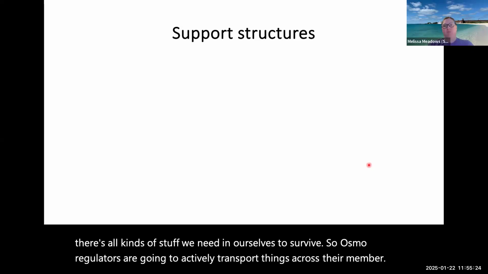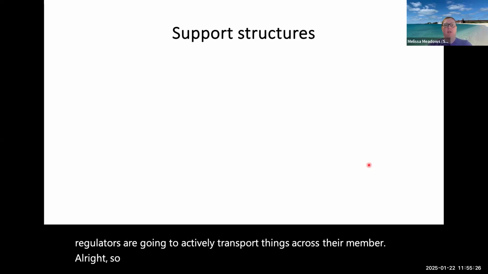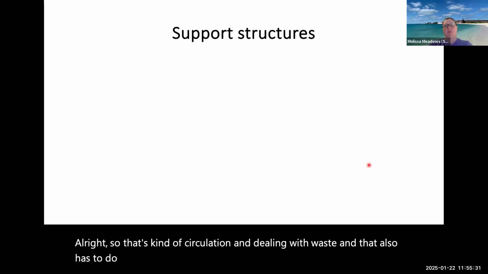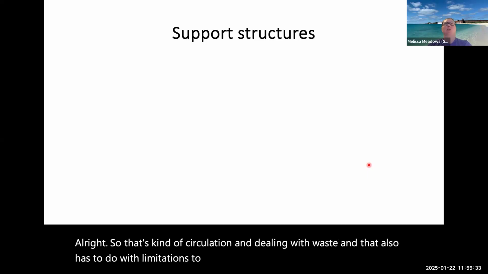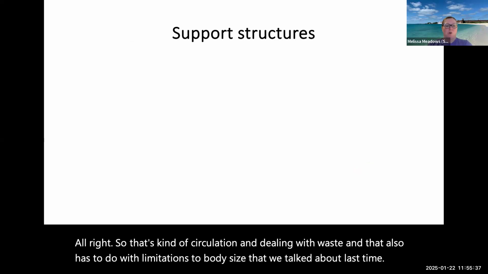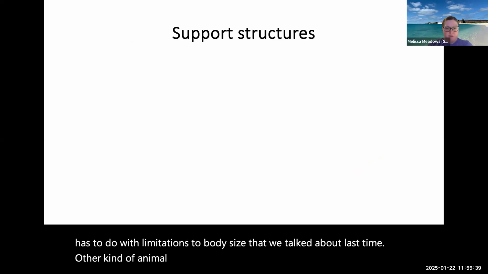All right. So that's kind of circulation and dealing with waste, and that also has to do with limitations to body size that we talked about last time. Other kind of animal characteristics that we were discussing